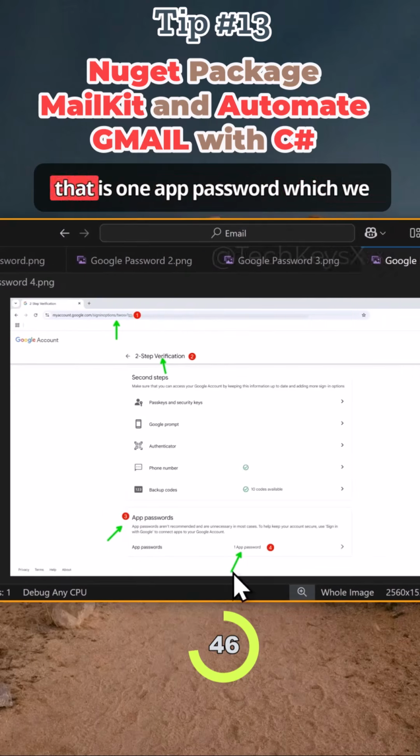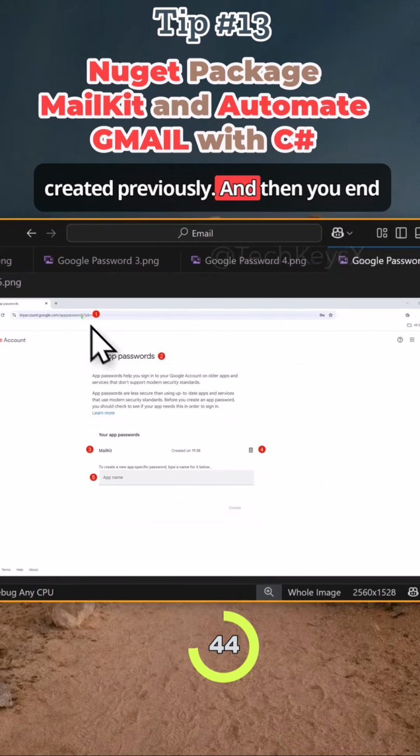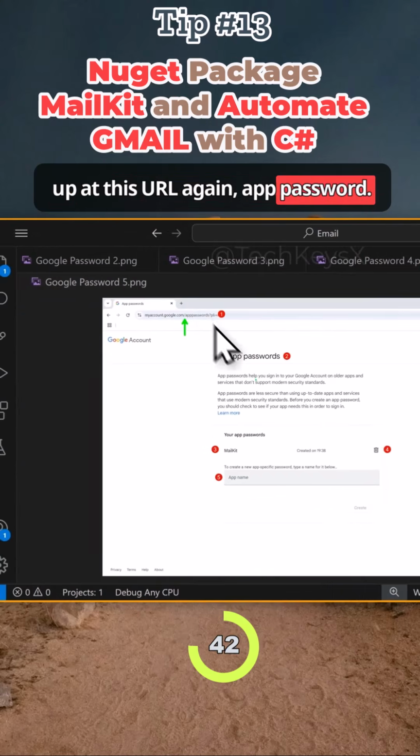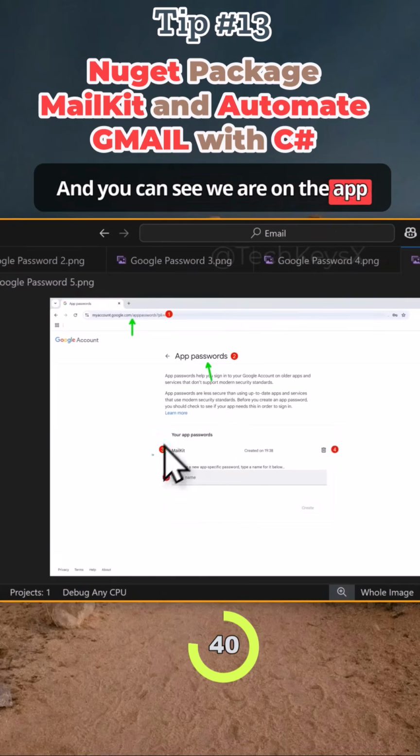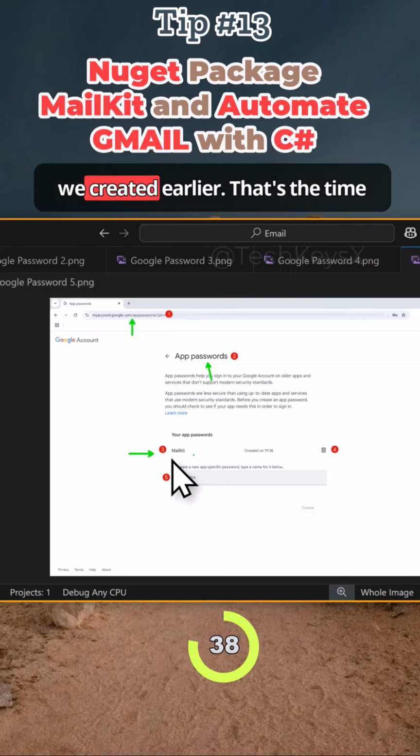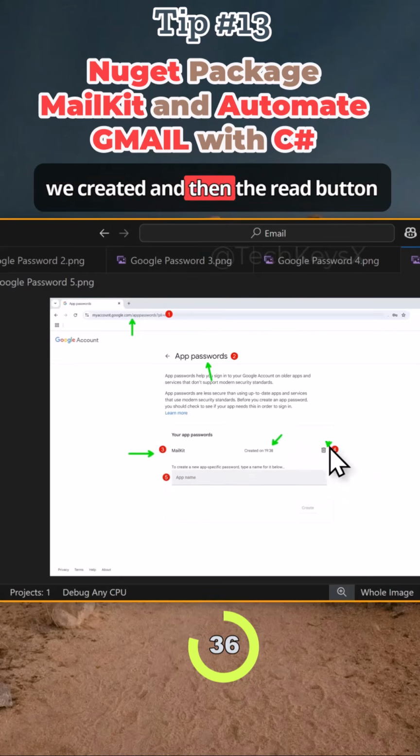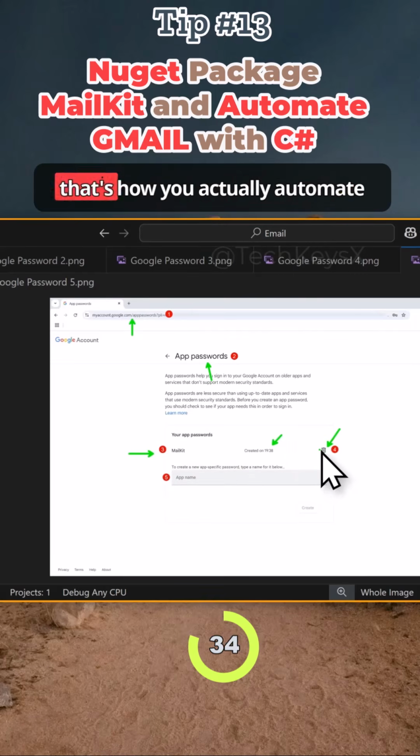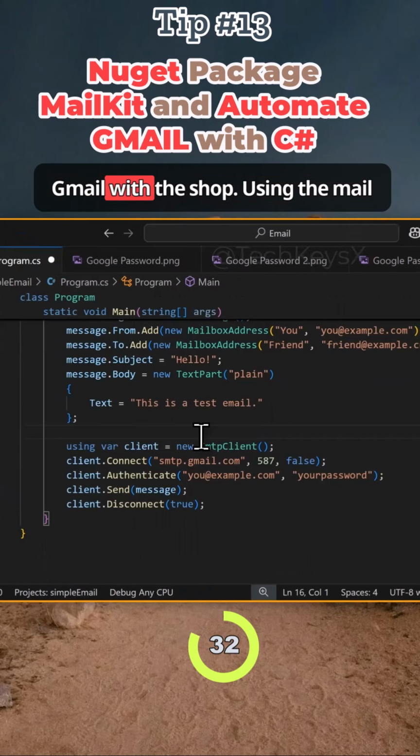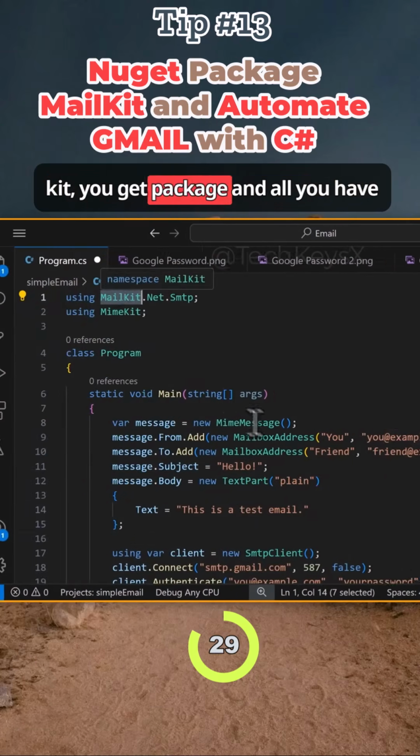And you can see previously there is one app password which we created, and then you end up at this URL again, app passwords, and you can see MailKit is the one that we created earlier. That's the time we created it, and then there's a delete button if you want to get rid of that. So that's how you actually automate Gmail with C# using the MailKit NuGet package, and all you have